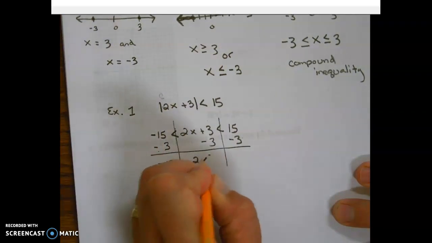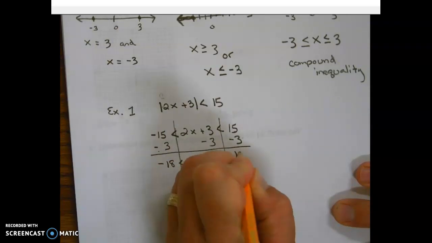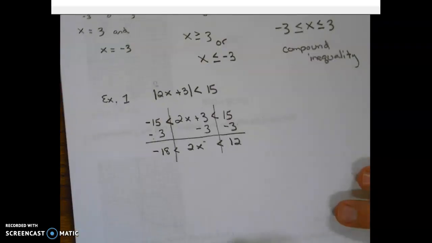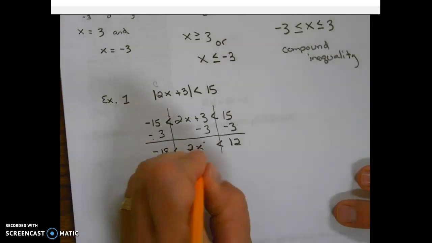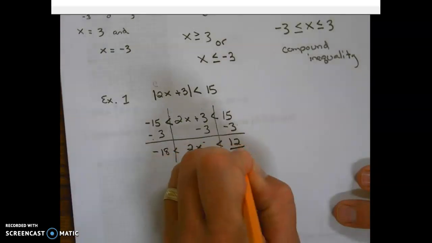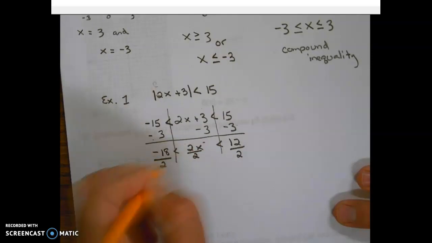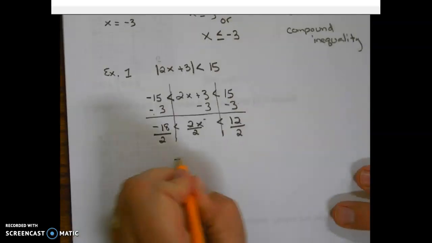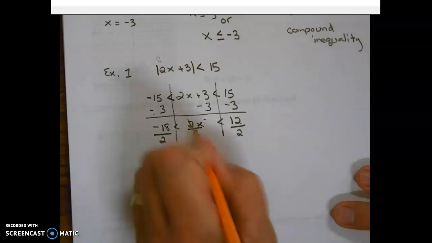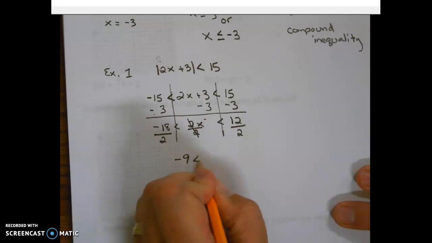So now we have just a 2x in the middle. And so, as you know, we would undo multiplication with division, do it to each side. All right, so now we have negative 18 divided by 2, which is negative 9, is less than x, which